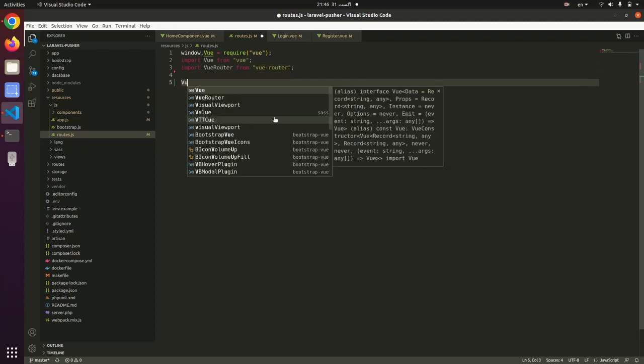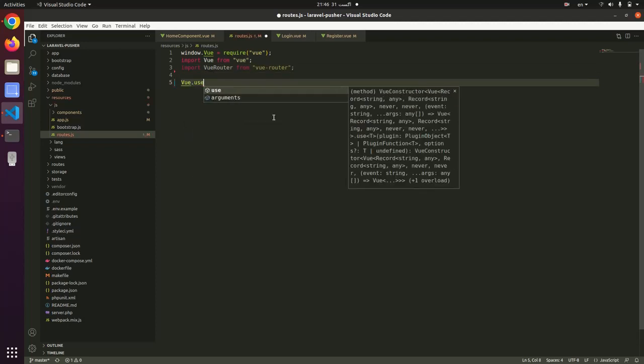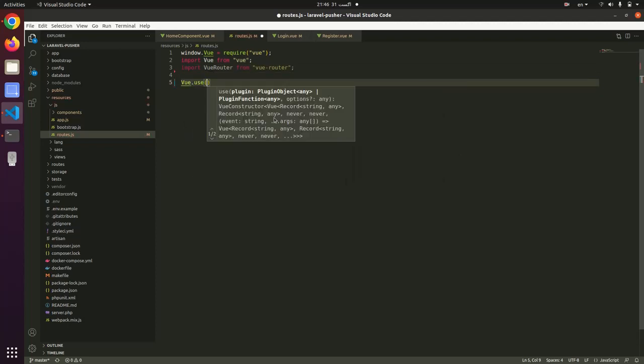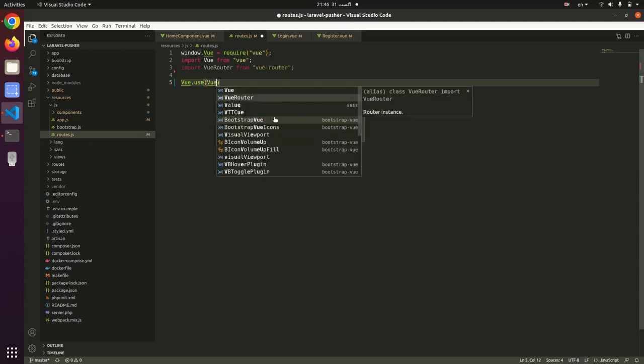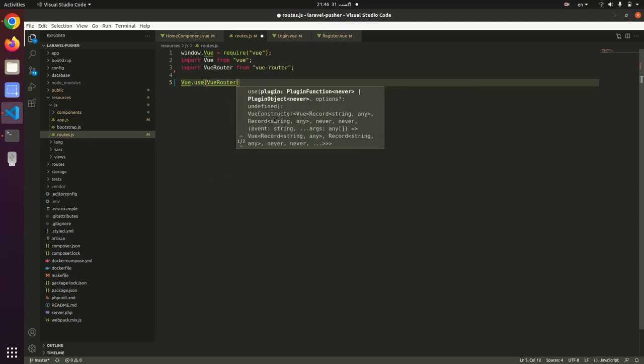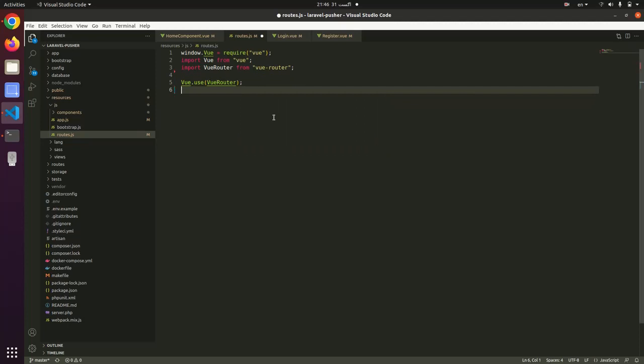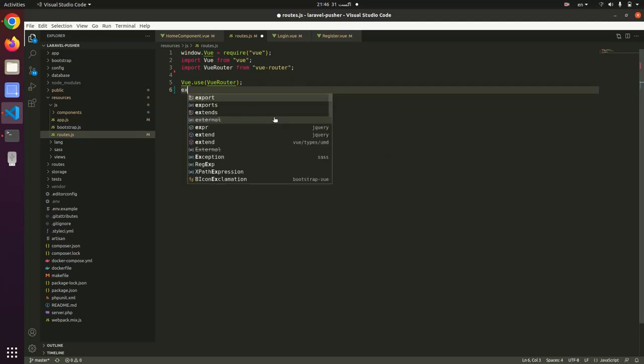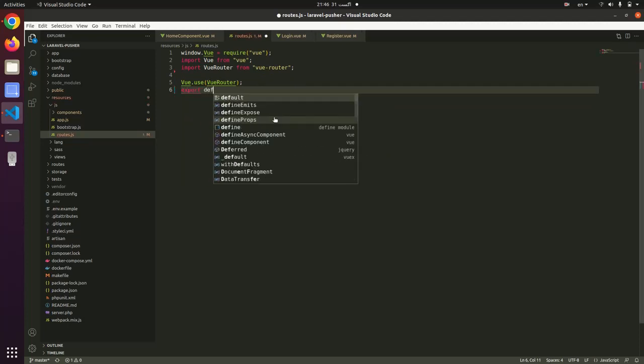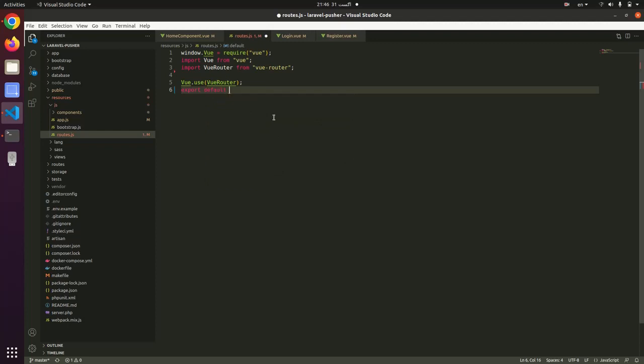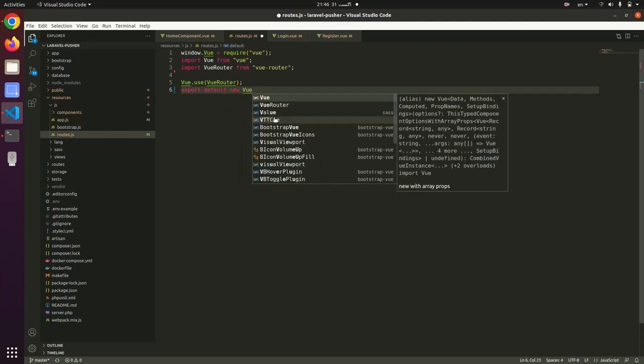Okay, Vue.use VueRouter, and then we export this file, export default new VueRouter,